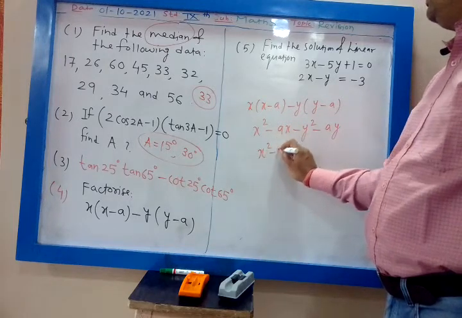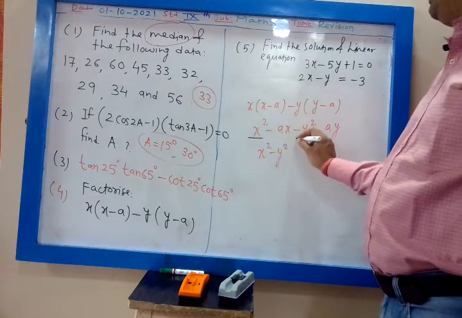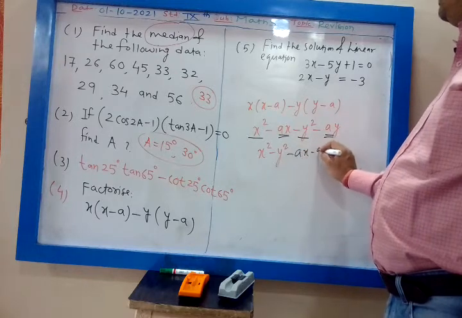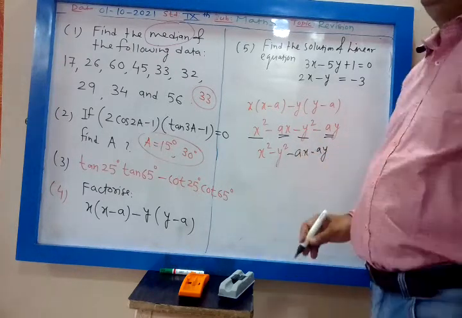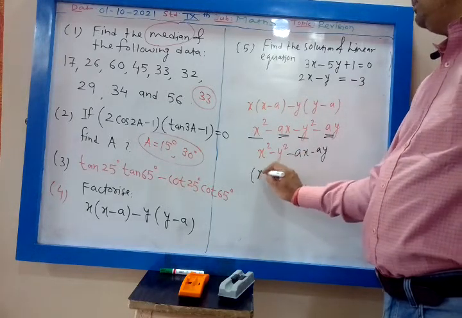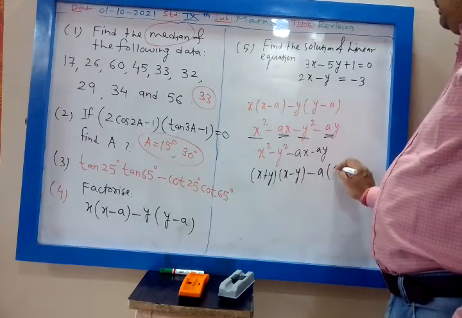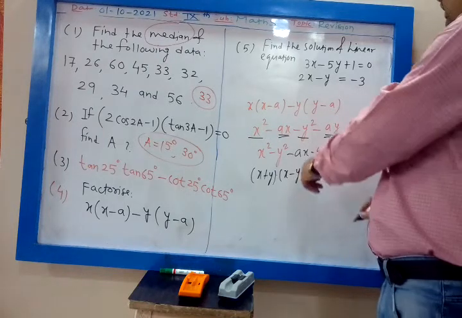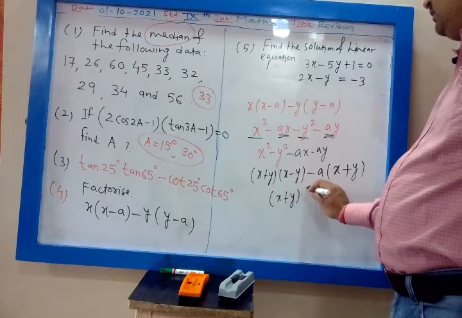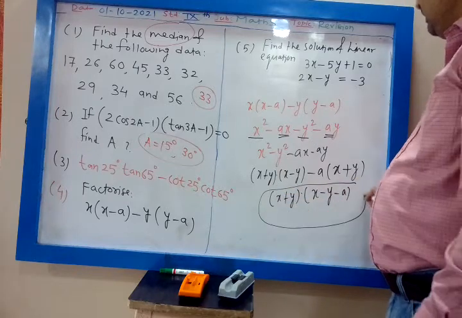So x square minus y square, we do the grouping. 4 terms are there, you have to do the grouping. These two I will take together, these two I will take together. So minus ax plus ay, then x square minus y square. A square minus b square is (a plus b) into (a minus b). So that is (x plus y) into (x minus y) minus a into (x plus y). When you take minus common, inside will be plus. (x plus y) is common, very good. So that will be (x plus y) into (x minus y minus a). This is the answer.